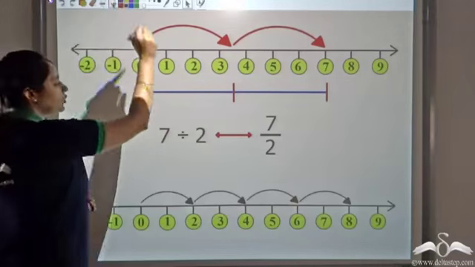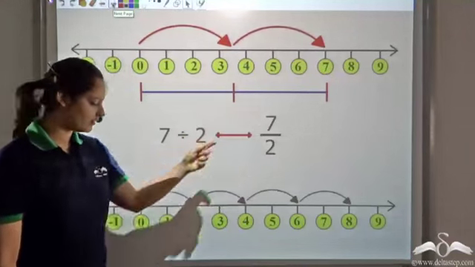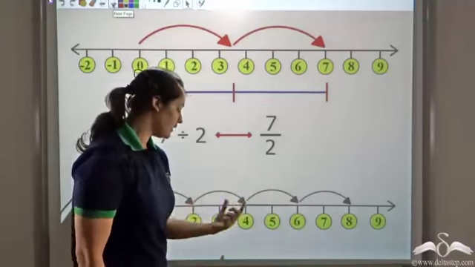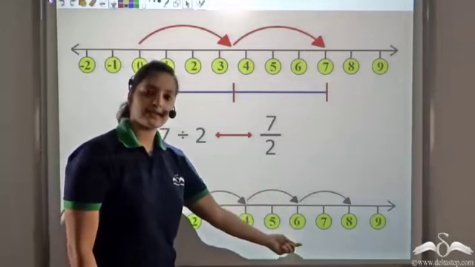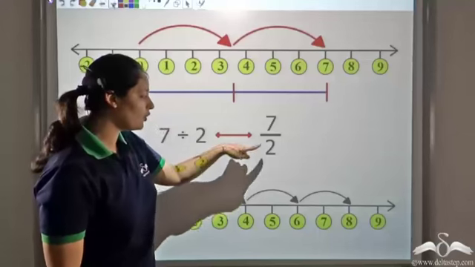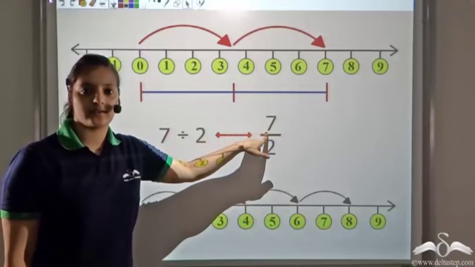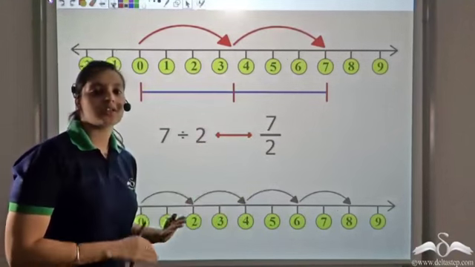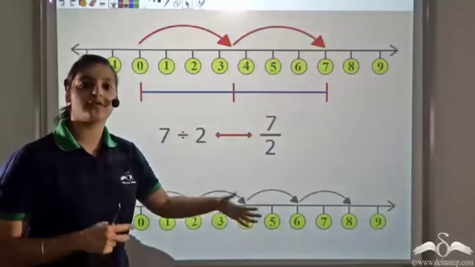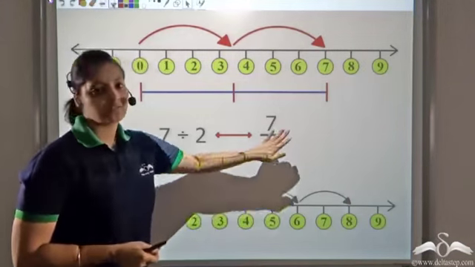Another way to look at 7 by 2 would be saying how many 2's can actually fit into 7. I see that the 2's do not evenly fit into 7. If I have 3 2's, I get 6. 4 2's, I get 8. So the 2's do not evenly fit into 7, or 2 does not evenly divide 7. So I see that integers are not closed under division, and I could not represent all the possible divisions of 2 integers by an integer itself. So, okay, 2 does not evenly divide 7.